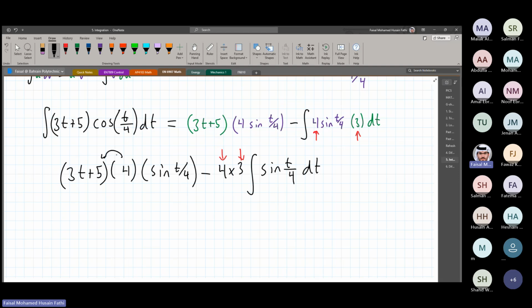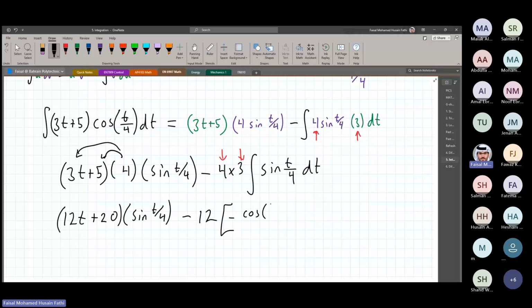So we distribute the 4 here to make the equation a bit neater. 4 times 3, that's 12t, plus 5 times 4 is 20, times sine t over 4, minus 12. The integration of sine t over 4 is going to become minus cosine t over 4 divided by 1 over 4. And we have a constant of 1 over 4 inside. Plus c. Simplifying even more, 12t plus 20